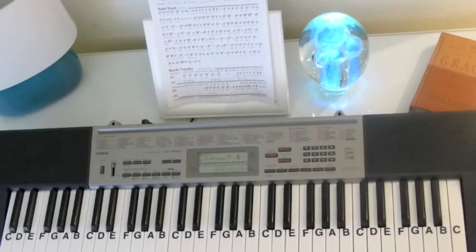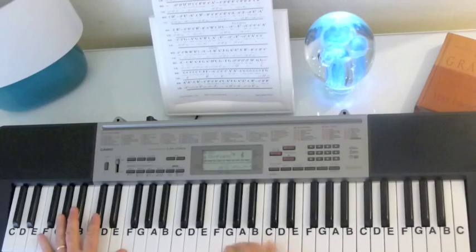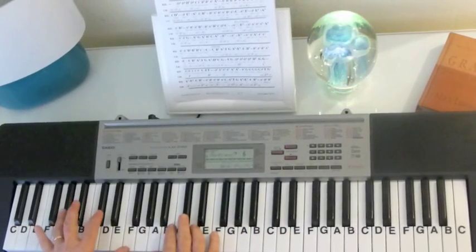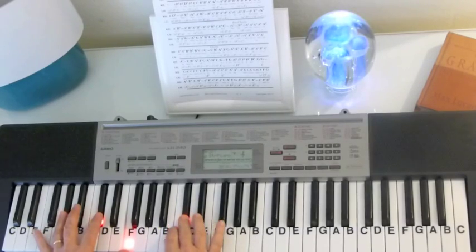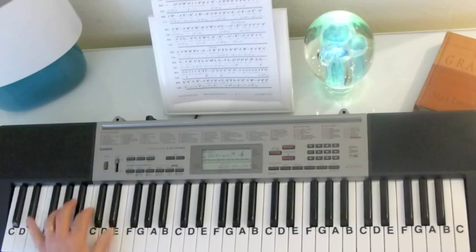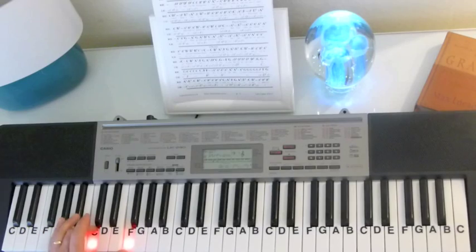Okay? So now let's put it with the chords in the left hand. Now I'm going to go slowly so that you can see how the chords fit together with it. You start off with a D flat chord. Goes to an A flat. D flat to an A flat. To an E flat chord. And then it's an